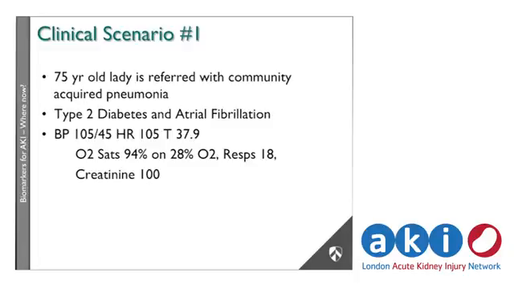And one of the important complications of community-acquired pneumonia, especially in a 75-year-old lady with a creatinine of 100, which is not normal for a 75-year-old lady, is AKI. Normal creatinine probably would be around about 65. But of course, you could have chronic kidney disease. You could always have a creatinine of 100 and have no physiological abnormality. The AKI is certainly an additional risk factor for complications and a sensitive marker of physiological instability.